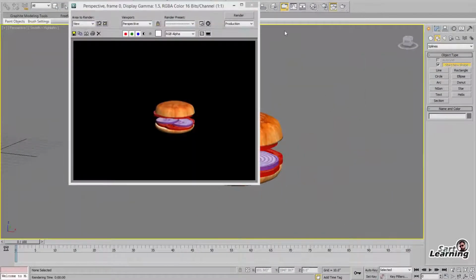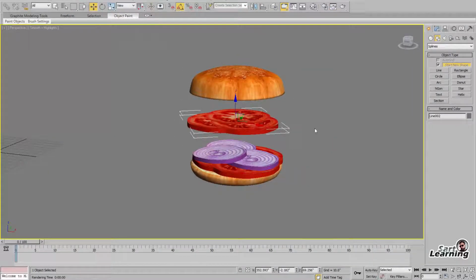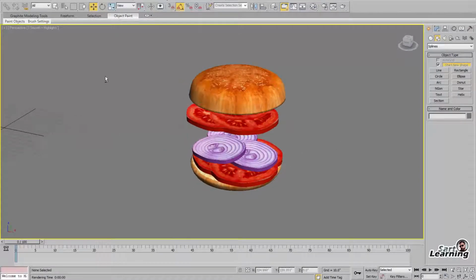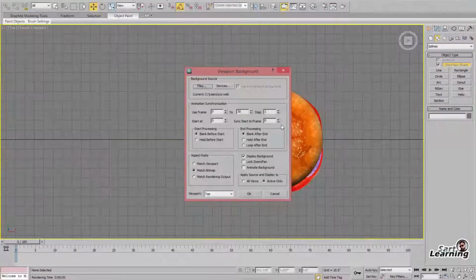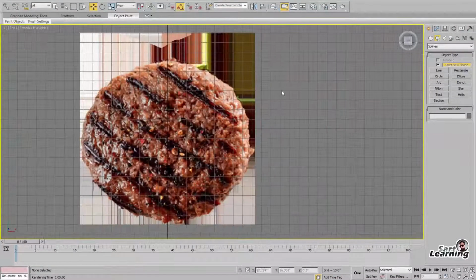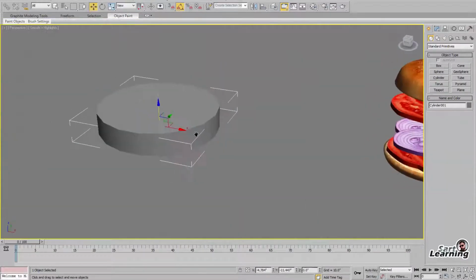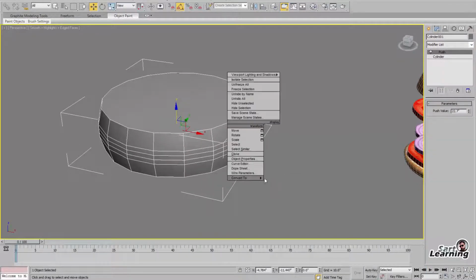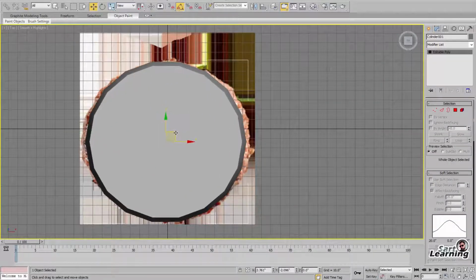Now time to create the lettuce part. So I increase the gap in between the burger so I can place iceberg lettuce. Before this I created a patty, because patty is very easy to create, so I take only the cylinder part and give it a push for roundness, convert to poly, scale according to the texture.